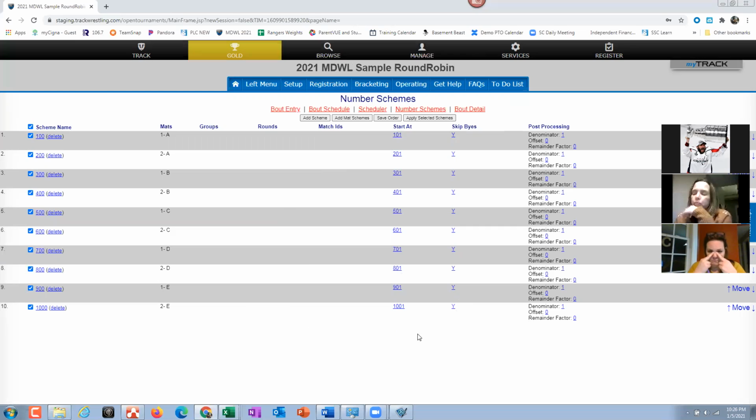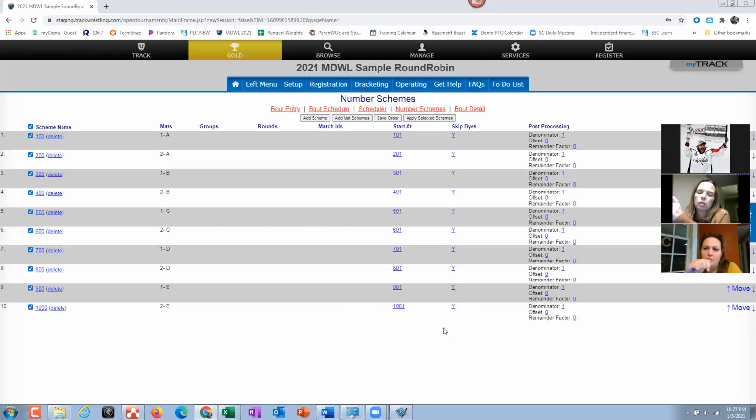Okay. Also keep in mind that when you play in Sandbox like we are right now, it takes your current status. So if you already have the brackets built and the only thing you want to do is play around with number schemes and see how to delete and add people and fool around, you just take a copy of it at that stage. Oh, okay. Yeah, so that's what I did. At any point, you can get in there and play around with it. Okay. But whatever was already done.